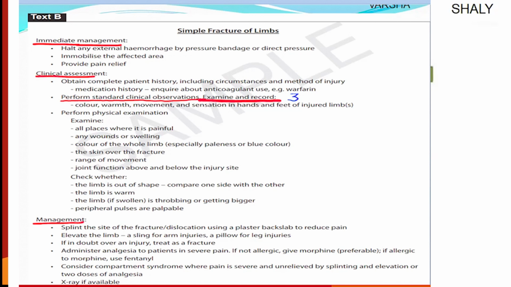They use a paraphrasing sentence, examine. In the question, they ask about checking an injury. We can see in text B, examine, checking whether management. Move on to the